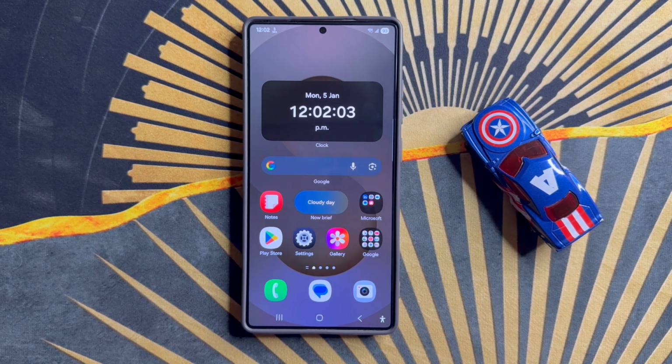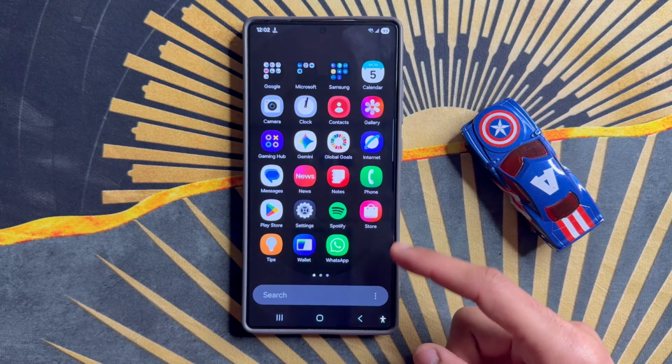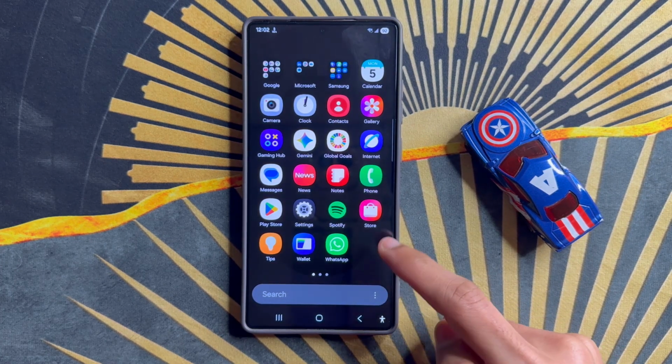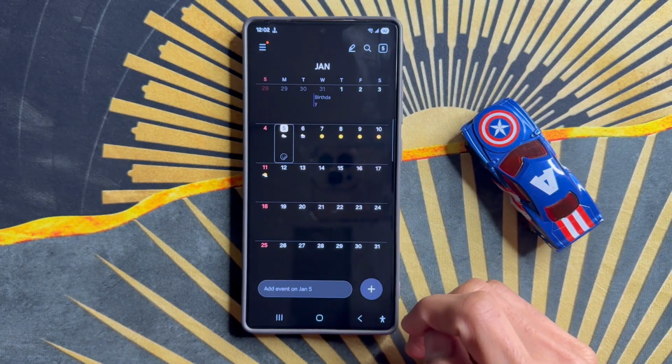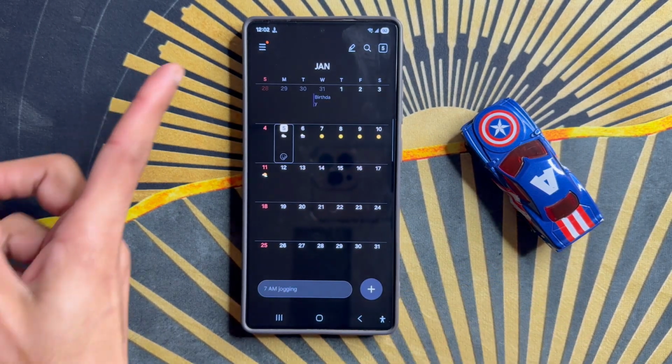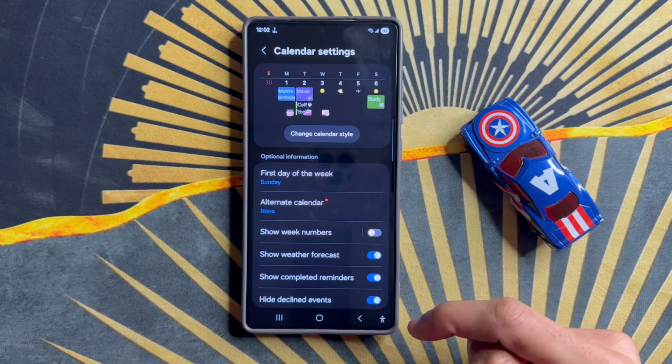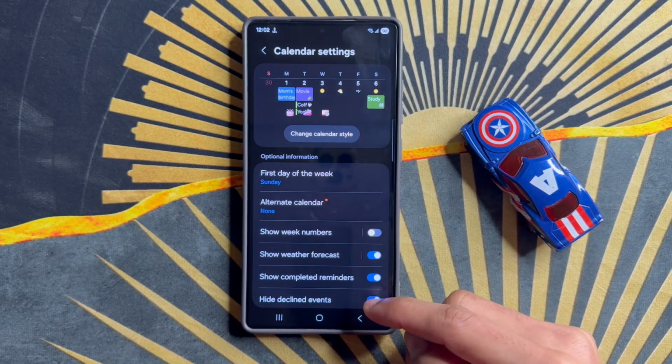Let's start the video. First of all, go to App Library. Here click on the Calendar app and click on this three line icon and click on Settings. Now in Calendar Settings, scroll down,